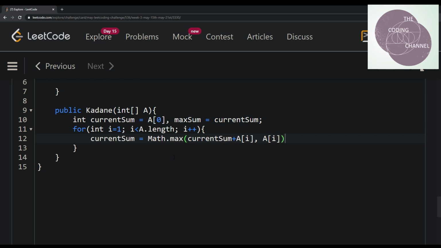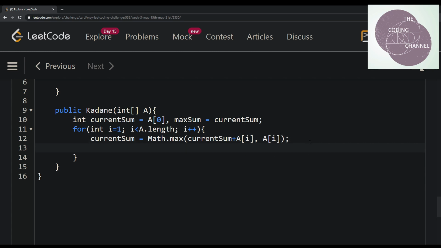So what this does is basically find out if the current sum plus the current element is greater than the current element. If yes, this value is stored in the current sum, or otherwise the current element is stored as the current sum, because it's obviously greater than whatever sum we've been maintaining up to now with all the elements from the array.